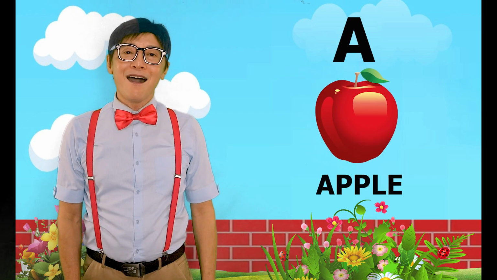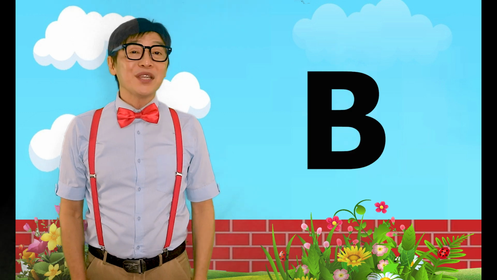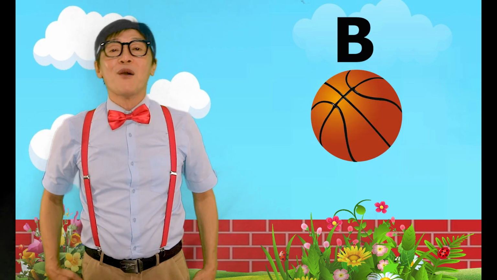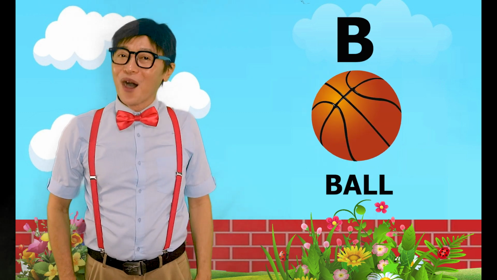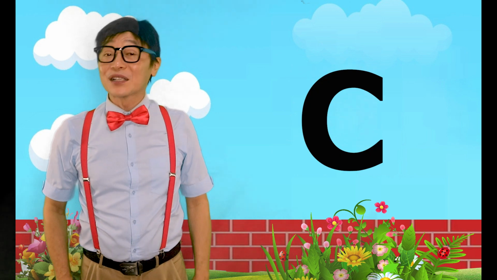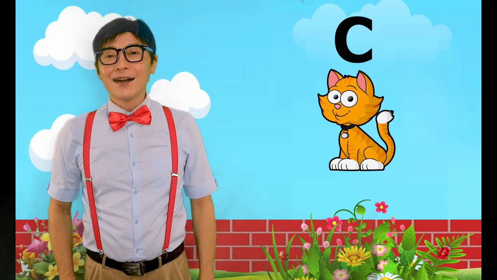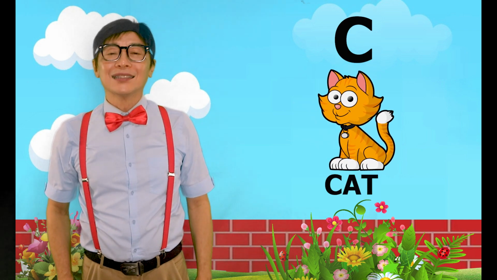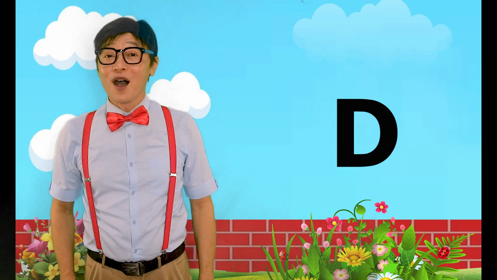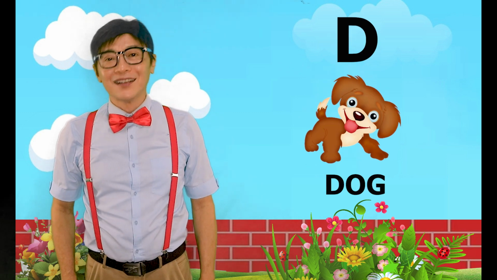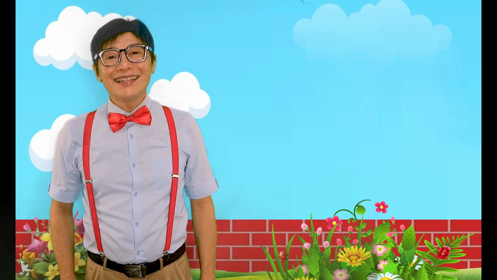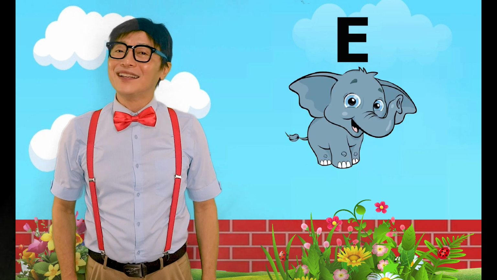A is for apple, apple. B is for ball, ball. C is for cats, cats. D is for dog, dog. E is for elephant,